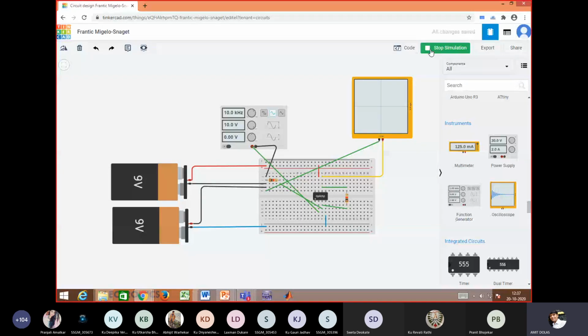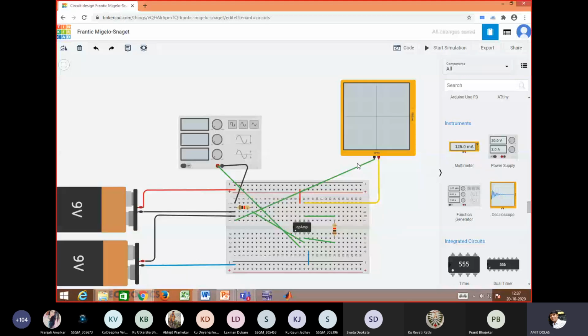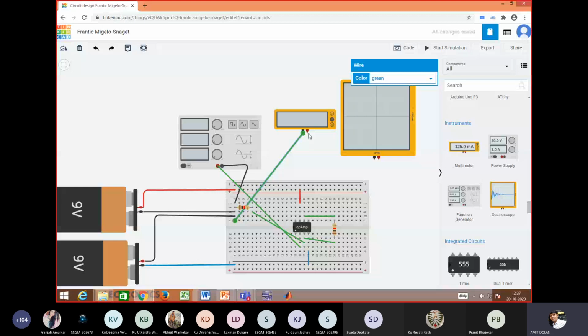Can anybody identify the problem? Because there is no issue with the connections. 0.1 millisecond is for 10 kilohertz. Everything is okay. Let's see the threshold voltages and output value. Negative is to ground and positive is to output.